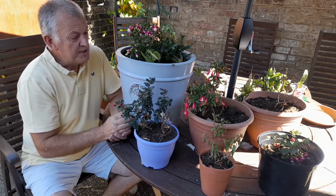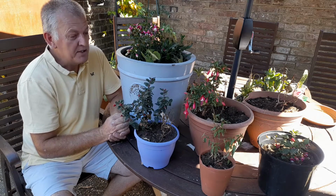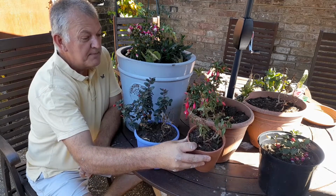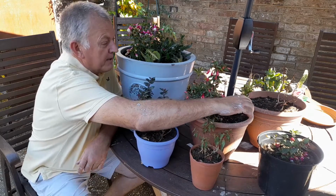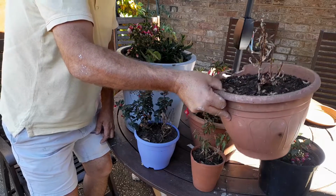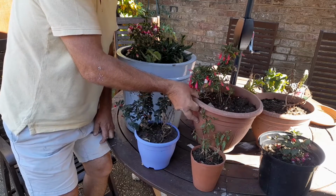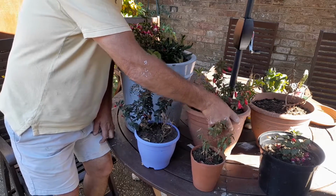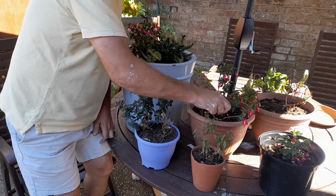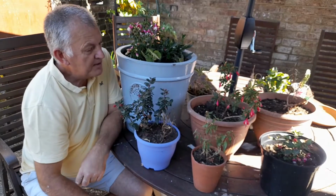So fuchsias like to be in part sun and part shade, and as we can see, this one here has been in full sun, along with that one, and as you can see, it's not done very well at all. This one's been in part shade, as fuchsias don't like being in the midday sun, so it's always best to keep them slightly shaded